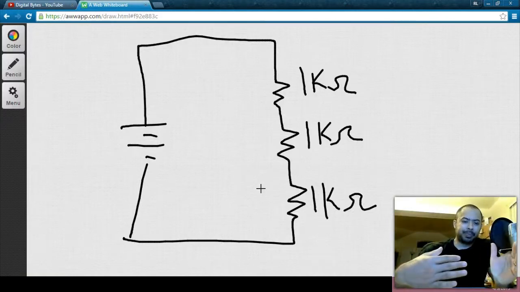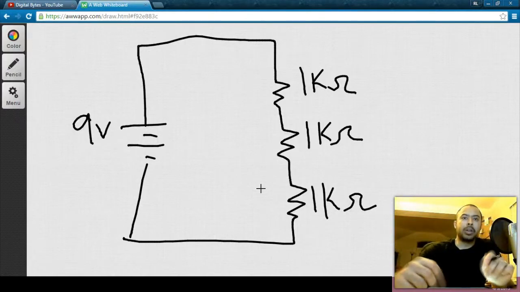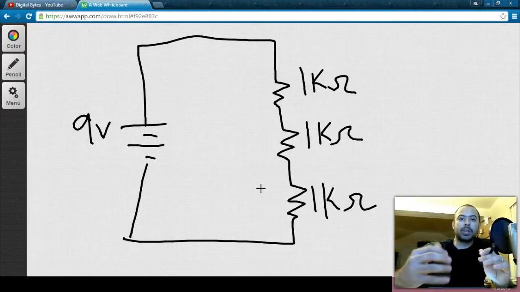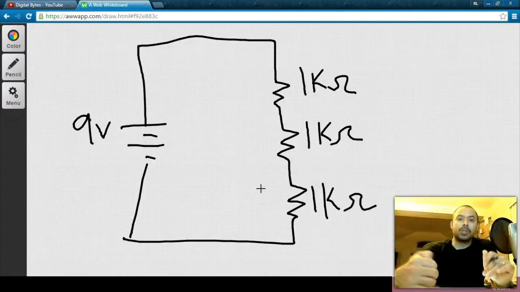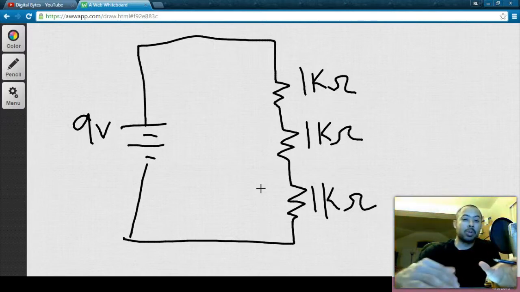So essentially, the voltage has a potential, we'll just say 9 volts. And again, we're not covering Ohm's law here. We can get that in another video. But we have 9 volts and we have 3 1 kilo ohm resistors. A current is going to be created as a factor between your potential voltage and your total resistance. So back to the analogy, we're talking about rocks in a stream of water that are going to impede or slow down the flow. It won't stop it entirely, but the bigger the rock or the bigger the resistor, the slower the current will